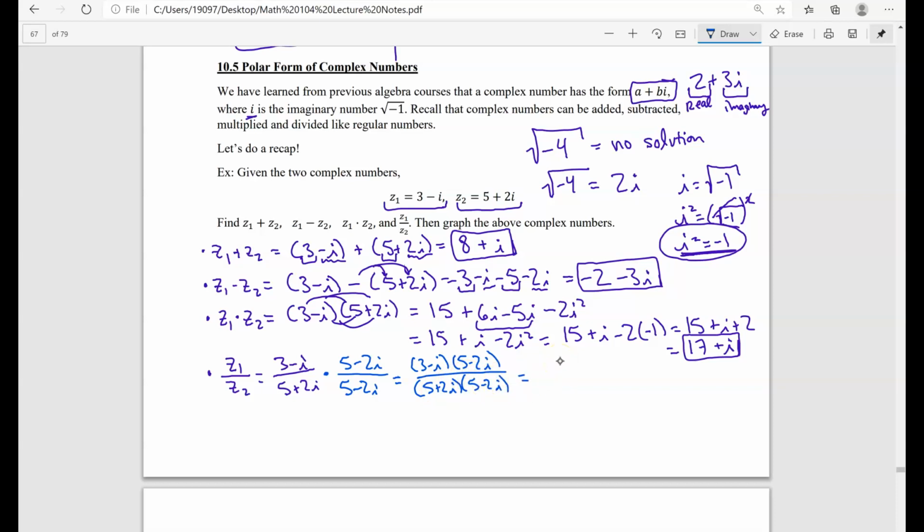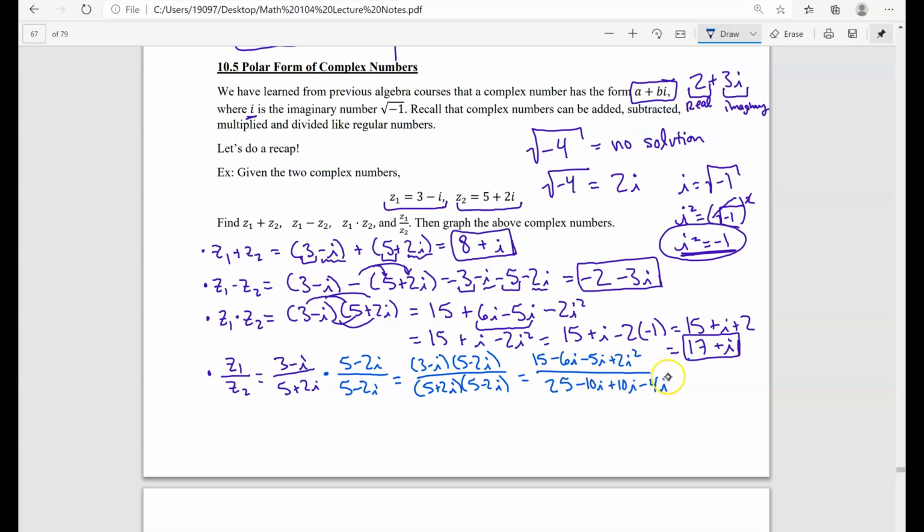Okay, so now let me FOIL everything out. We already know what the top part is, because we just FOILed everything out with that, but there's a minus, so we have to be very careful. So let's just do it again. This is going to be 15 minus 6i minus 5i plus 2i squared. This is going to be divided by the bottom part, which is going to be 25 minus 10i plus 10i